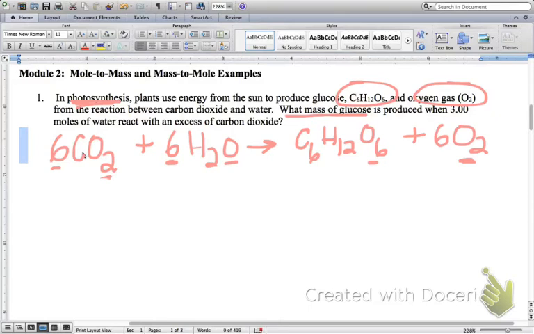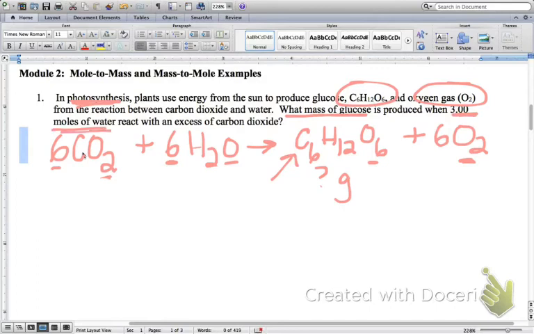Well, which substance in this chemical equation represents the formula for glucose? C6H12O6, you got it. So our glucose is this substance right here. And it says what mass of glucose? Well, mass is typically measured in grams. So in other words, they're asking us how many grams of glucose are going to be produced when